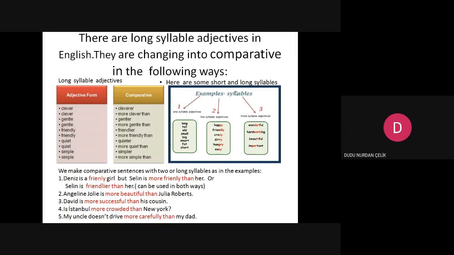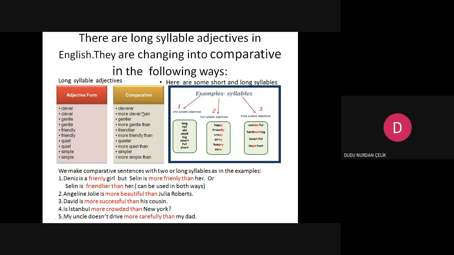Now let's talk about two syllables first. We learned one syllables. Now let's see two syllables. These are some two-syllable adjectives. How do they change? Well, we use them in two different ways. Look, we can say clever as comparative cleverer or more clever than.